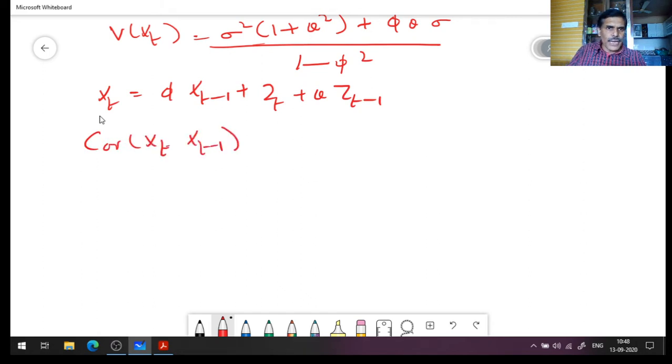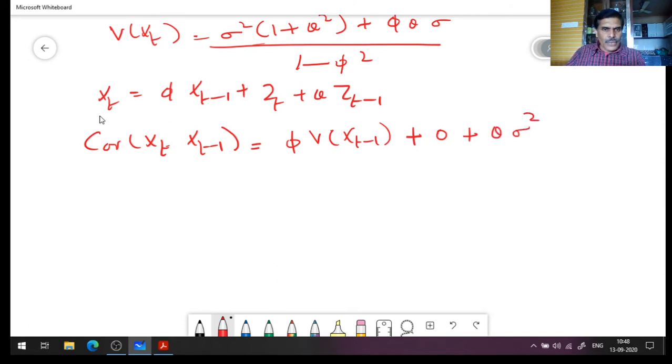Because mean is 0, you multiply by xt minus 1 and then take the expectation. So it is phi into variance of xt minus 1,